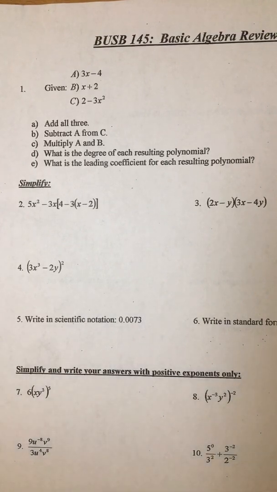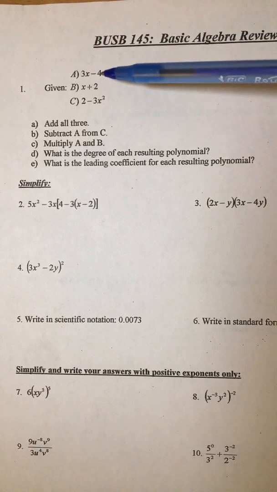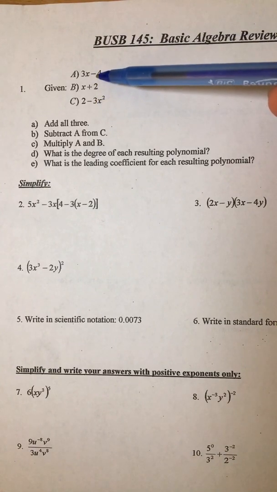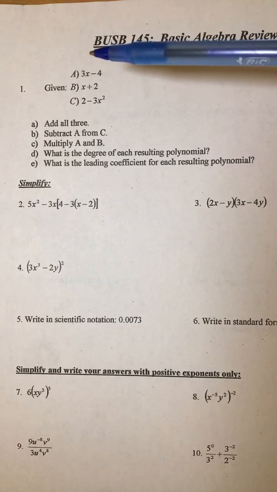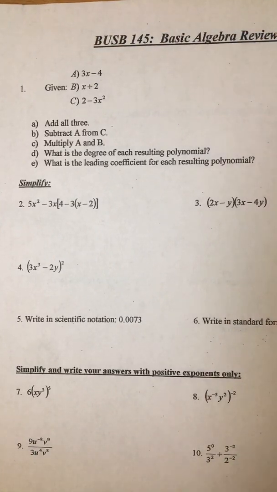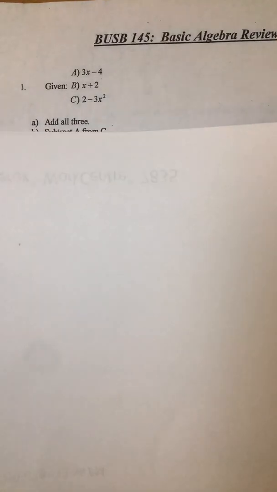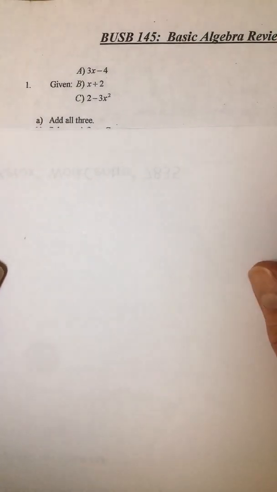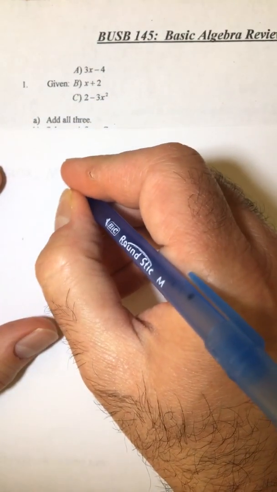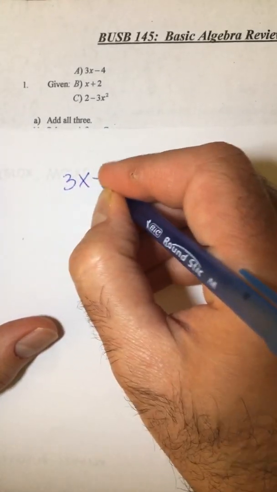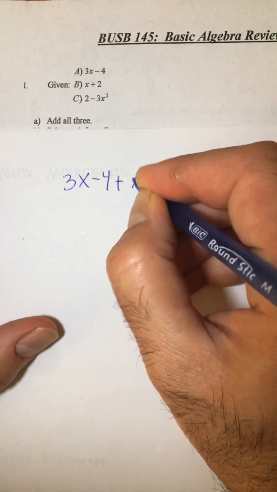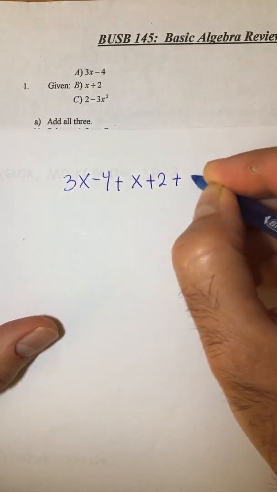Okay, so let's see what's happening here. We have these three what we call expressions. Remember, there's a difference between expression and equation. Expression is made up of variables and numbers without any equal sign, but equation obviously will have an equal sign. So let's do the first one. It says add all three. So here we go. We have 3x minus 4 plus the second one, x plus 2, plus the third one,